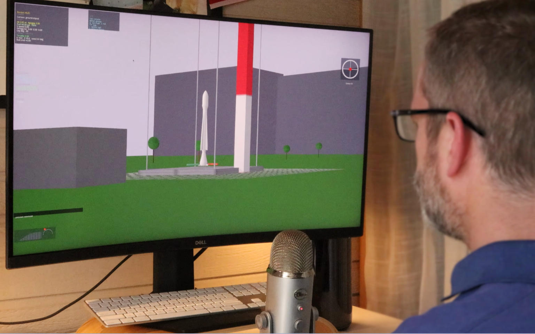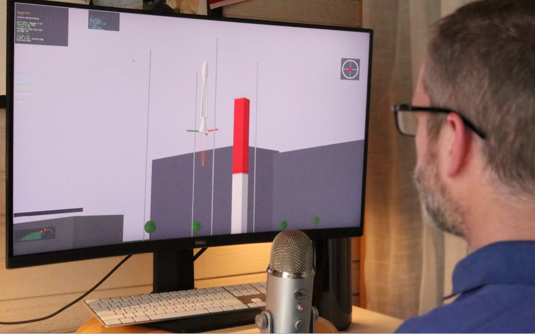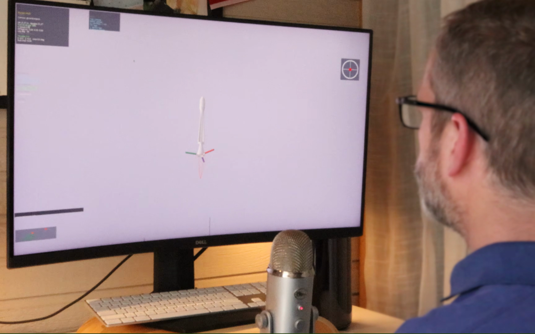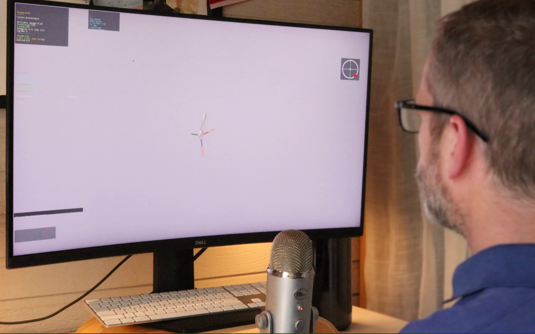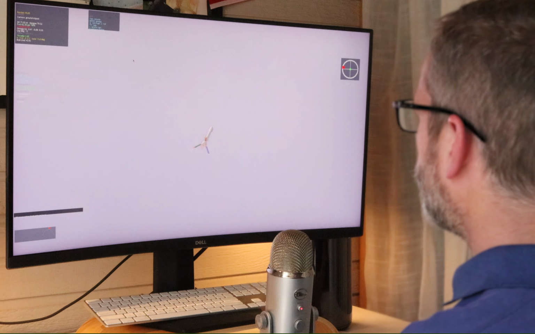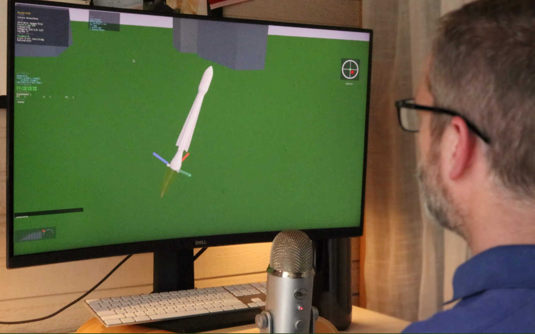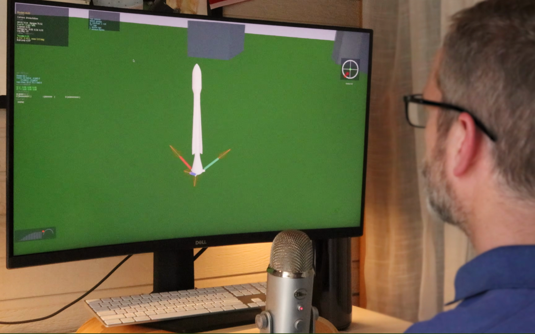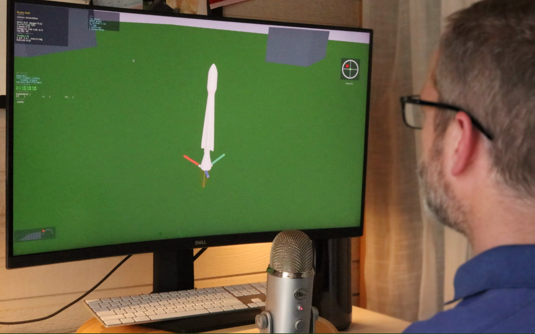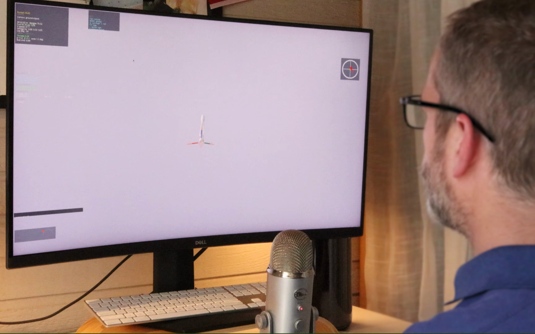Liftoff. Burn 3. Hover. Follow. Camera ground. Land.